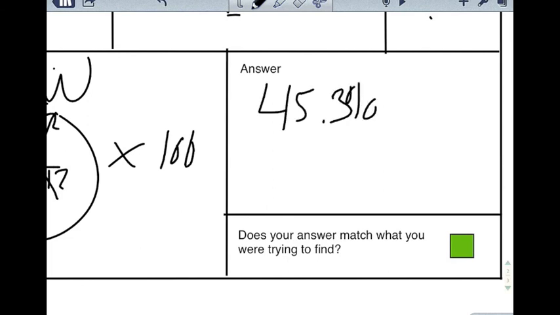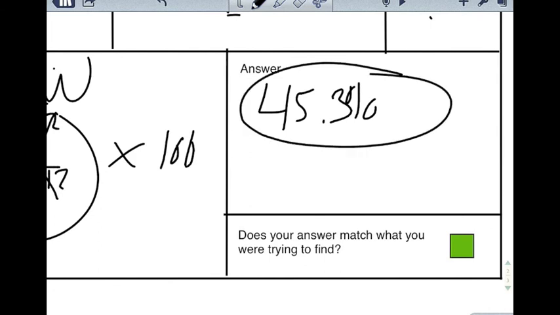45.3% efficient. Now that's a very, very highly efficient engine. Most cars on the roads today get somewhere between 10 and 18 percent, some of them can get up to about 20% efficiency as far as gasoline is concerned. So something that's 45% is very